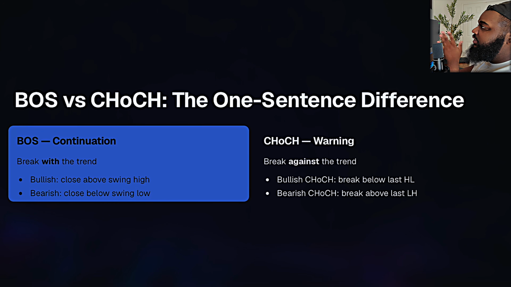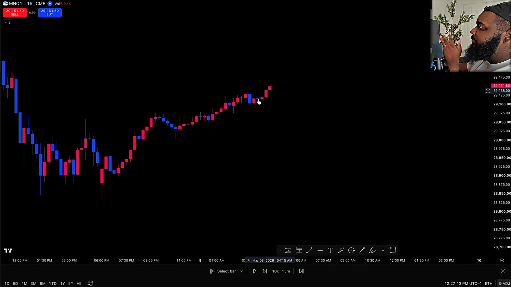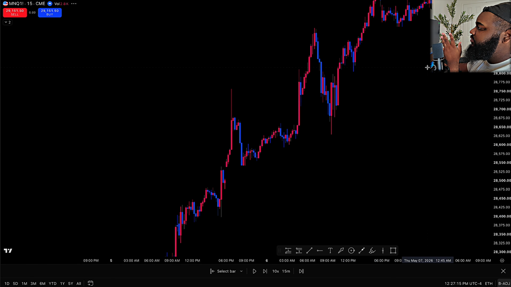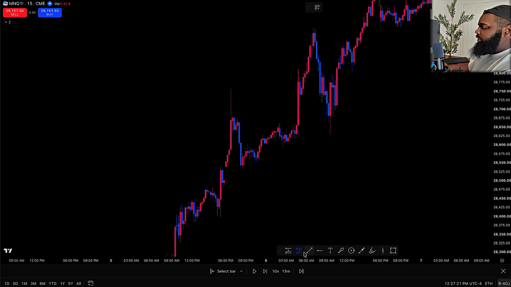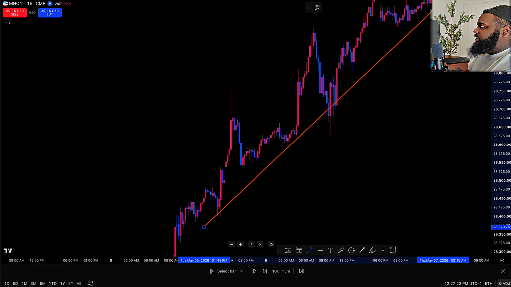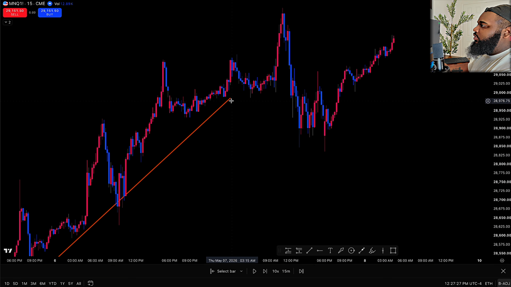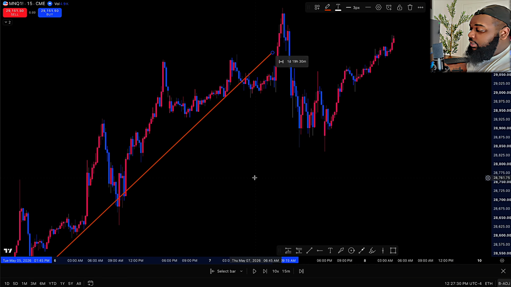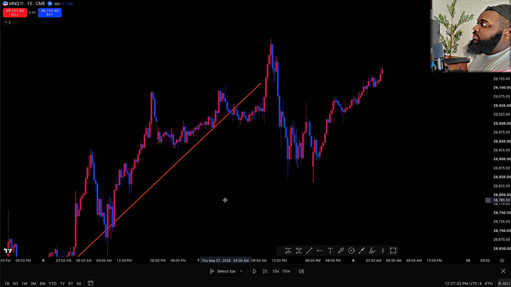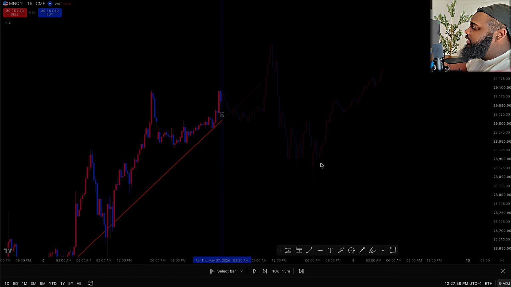The break of structure is a continuation. So let's go back. The break of structure is always a continuation. So if we're looking at this right here, this is clearly an uptrend. Price is not going to go up all the time. Like I said, it's gonna reverse, it's gonna reject, it's gonna consolidate. So as we're looking at the market right here, let's just say we got in right here